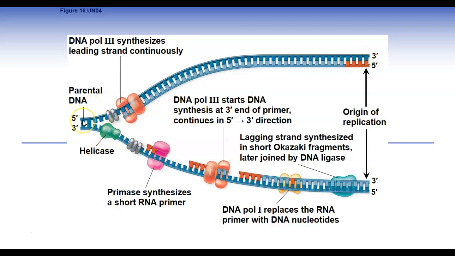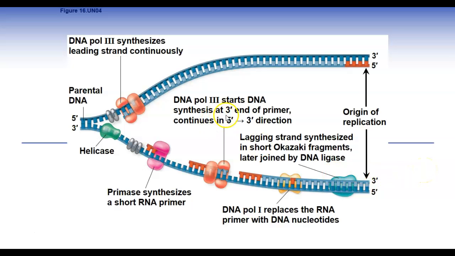Again, we have the replication fork that's being opened by helicase and those single-stranded DNA binding proteins keeping it open. We have DNA polymerase 3 starting at the origin of replication for the leading strand and just continuously going, adding nucleotides. But on this other lagging strand that's being pulled out in snippets, we have these fragments where essentially that DNA polymerase has to be going the opposite direction,